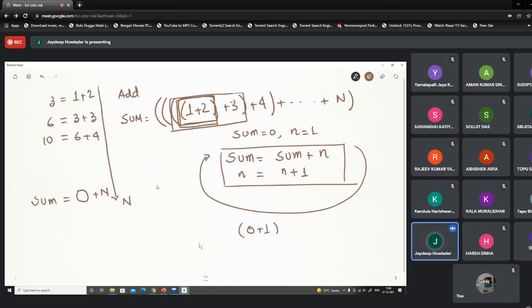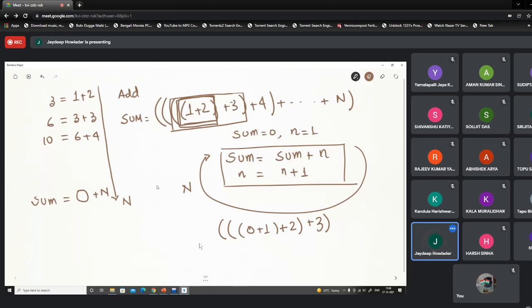This is 0 plus 1. Then n gets a value of 1, and n is incremented to 2. Then the result is added with 2. Then n is again incremented by 1, so the result is added with 3. And in this way, how many times you have to do this is n times.